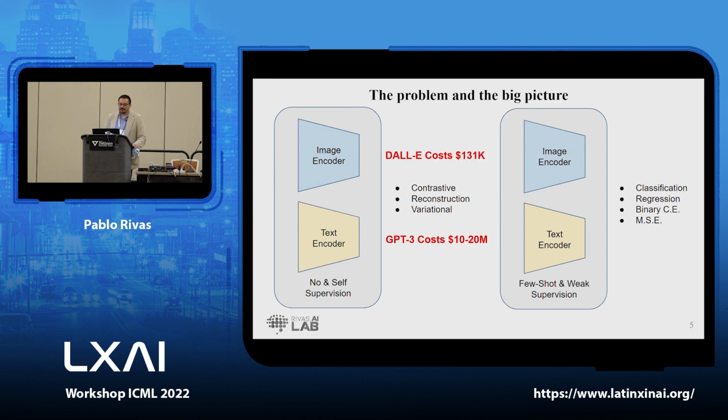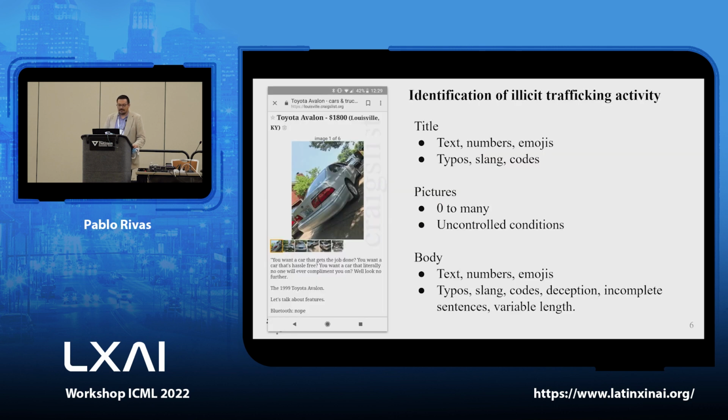The main issue with dealing with these is the cost. We don't have a ridiculous amount of GPU power, of course, and it can be very costly to train these models, such as a DALL-E or a GPT, to pick some of the most successful either image encoders or text encoders as well. So we're trying to avoid that.